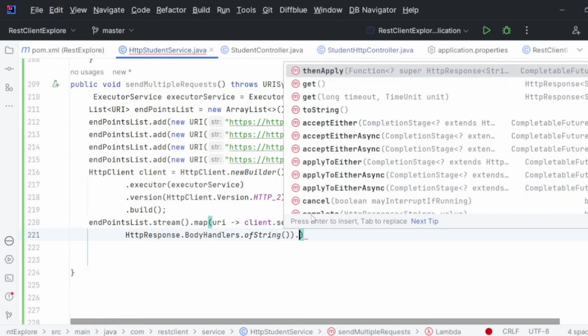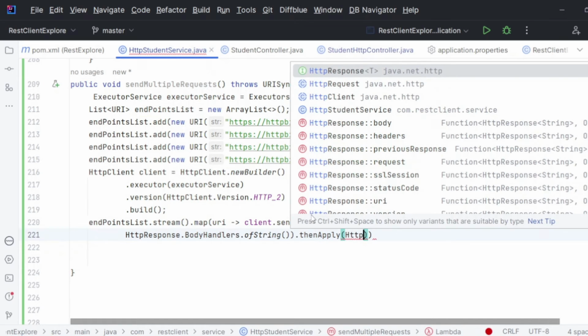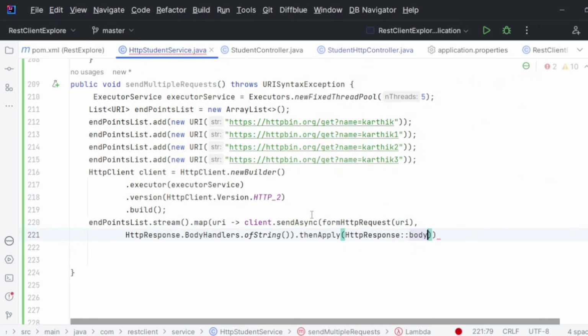Now this is going to return us a CompletableFuture, right? So that CompletableFuture, I am taking the response directly, that is the HTTP response body, right? Okay, then